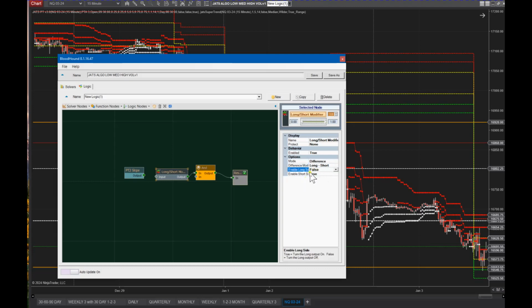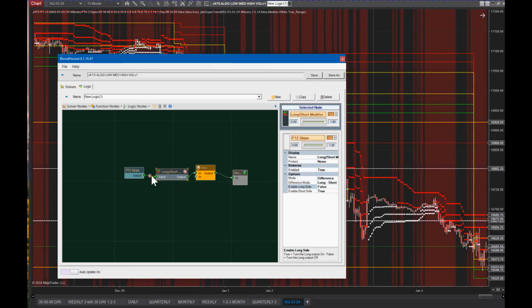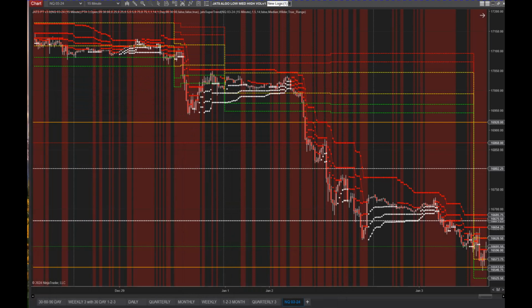So we're going to enable short true and enable long false. And so when we put the PT2 slope of Jats in, anytime the slope is long, we're going to generate a short signal. So if I restore this,